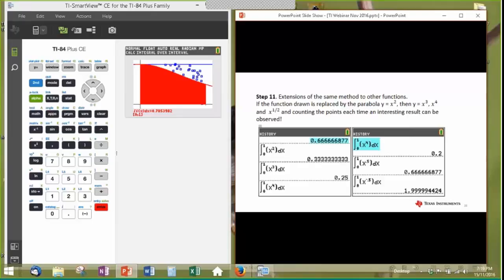And one of the other little tricks that I thought about with doing this particular exercise when I was thinking about integration and areas